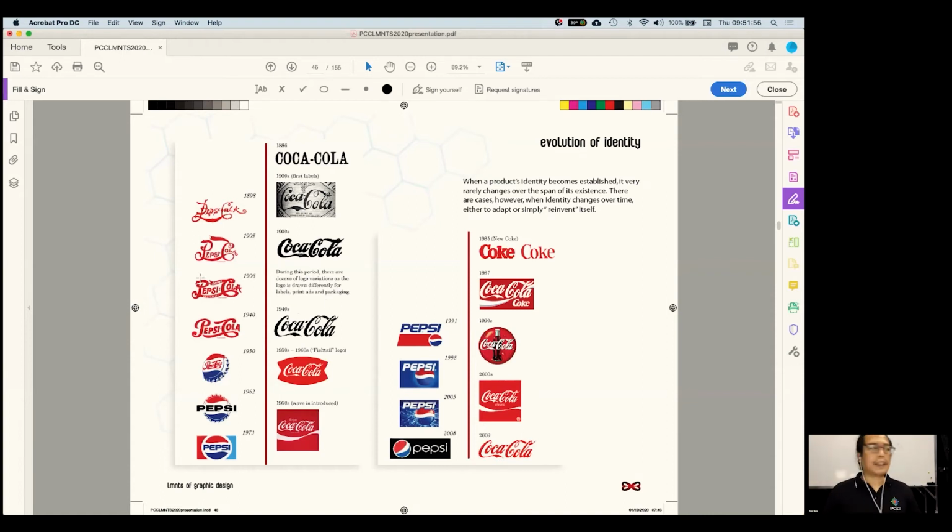Now look at Pepsi. Pepsi changed from one iteration to another so much. Here, basically, it stays the same, but here, it dropped the script form altogether. It doesn't want to be identified with Coke anymore. Okay, it started using the two colors, or three colors, red, white, and blue for